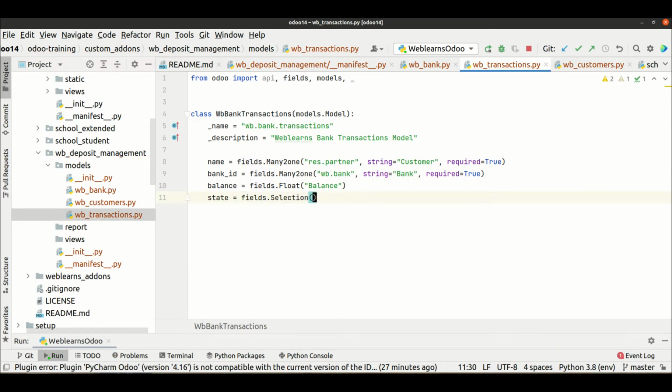we have to maintain also state, so fields selection, and here we have to create draft or done. Done means transaction done by the bank employee. String, let's say state, default should be draft. All right, and here